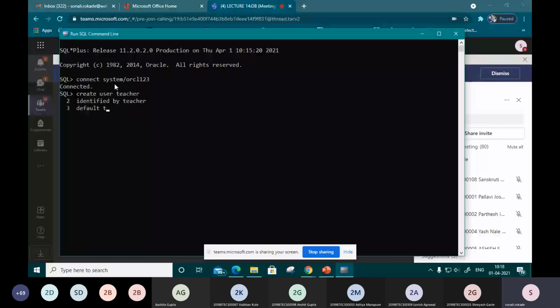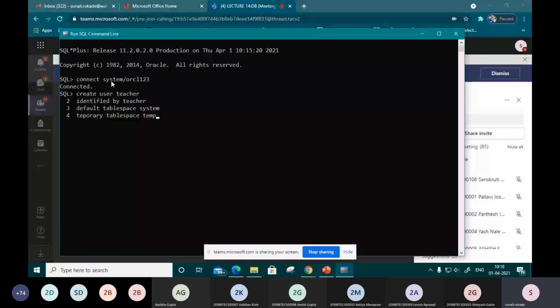In the last session, someone asked me in the chat box what a tablespace is; I didn't realize it at that time. We are creating this user in our system login, and that is the default tablespace. Then we create a temporary tablespace in the system with the temp object.